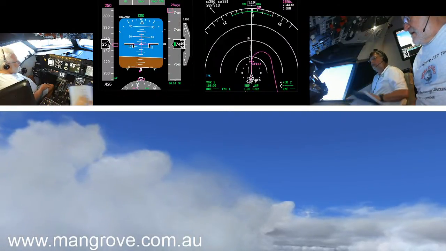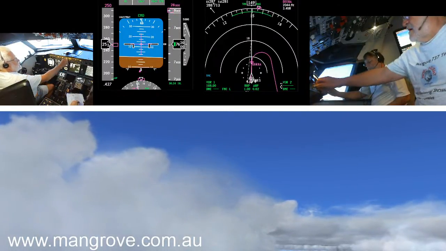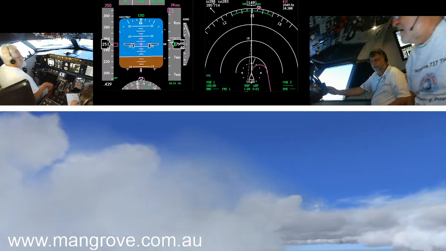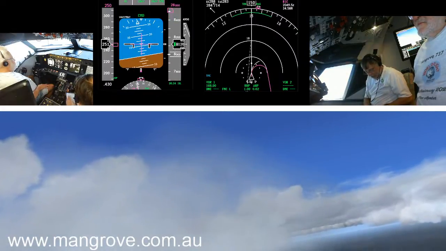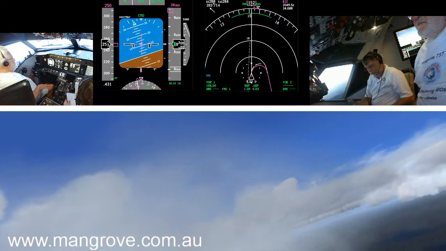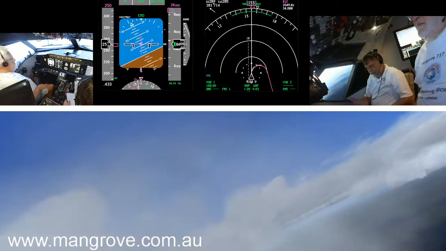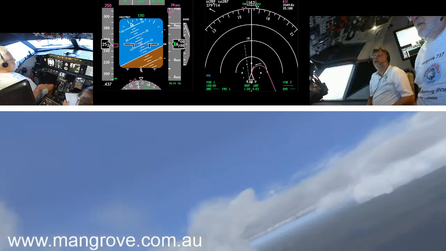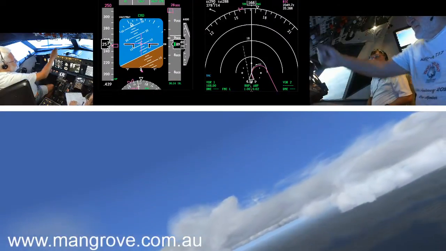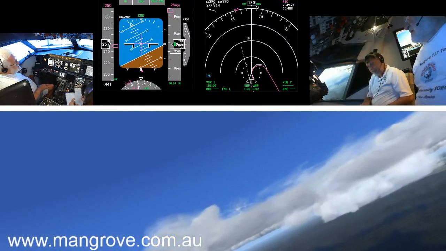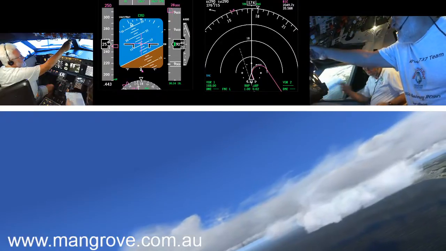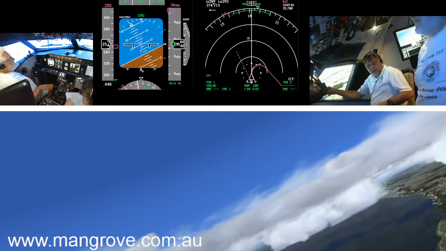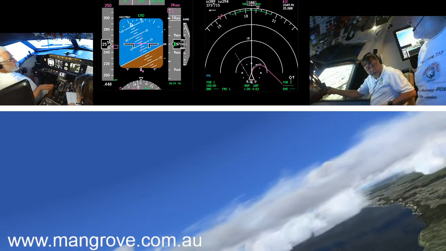Mike Charlie 012, turn right, track direct Richmond planned route. Turning right, track direct Richmond, Mike Charlie 012. Challenge 1 Charlie Tango, contact Sydney departures 123.0. Sydney departure now 123.0, Challenge 1 Charlie Tango, good morning. Mike Charlie 012, switches, contact Sydney departures 123.0. 123.0 for Mike Charlie 012, thanks.